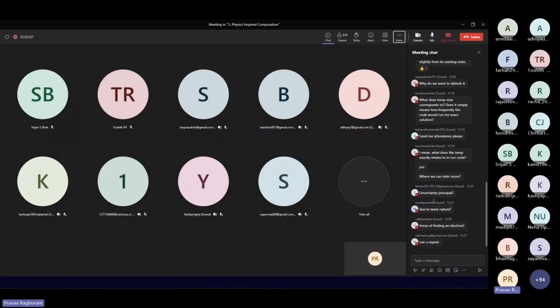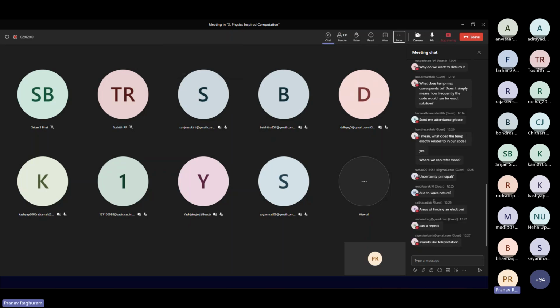The next concept is quantum fluctuations. What is the fundamental principle behind quantum fluctuations? What is it based on? Do you guys have any idea regarding that? I think Farhan already answered that previously.